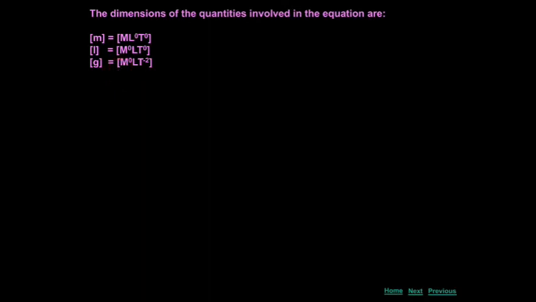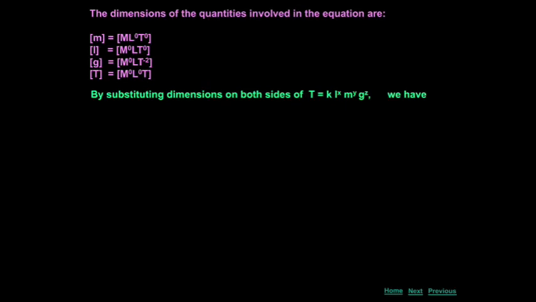See the next one. What is T on the left side? Left side T equal to K into the rest. That T is the time period. The dimensional formula for time period is capital T. Both sides will be equated by substituting the dimensional formulas for L power X, M power Y and G power Z. We have,